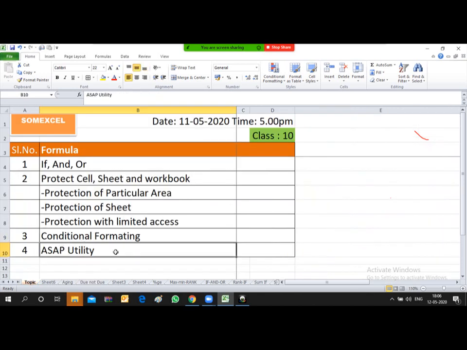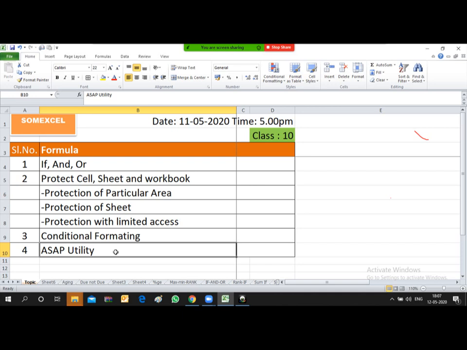So friends, our new topic is ASAP Utilities. Friends, this is one of the most important, and I would say more than 80 or 90% of Excel users do not know what ASAP Utilities is.